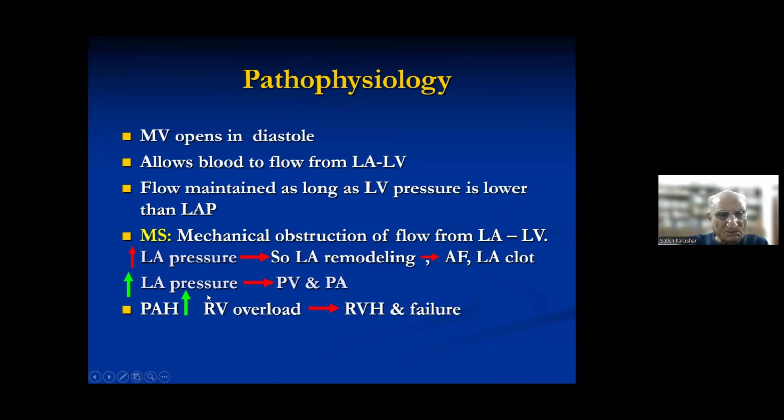So we normally don't allow the patient to go into this stage. So in this pathophysiology, when you do an echo, you see the LA, LV in detail, you see the pulmonary artery pressure, look for RVH and RV enlargement, and these are the signs. So again, I repeat, anytime, any problem, please go on interrupting. So this is the basic pathophysiology.